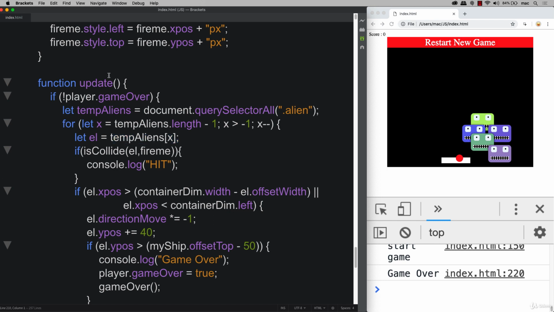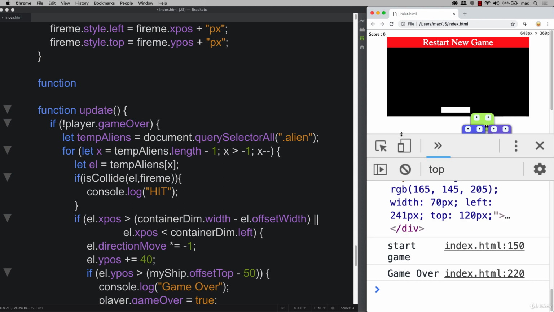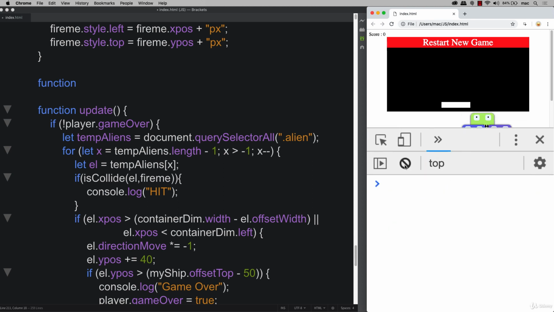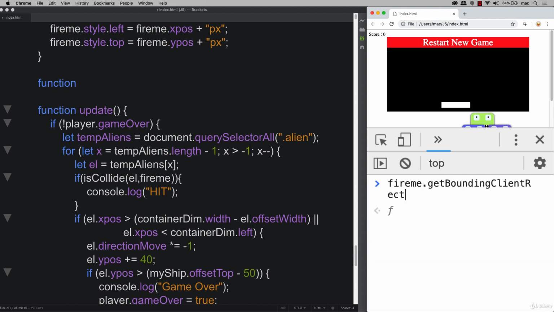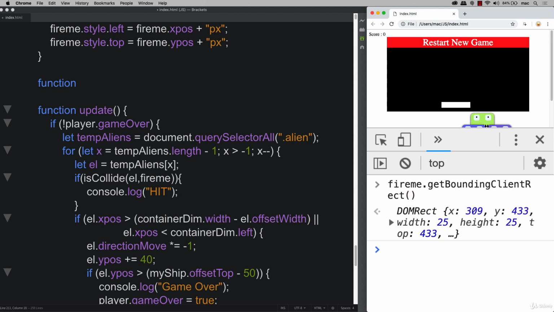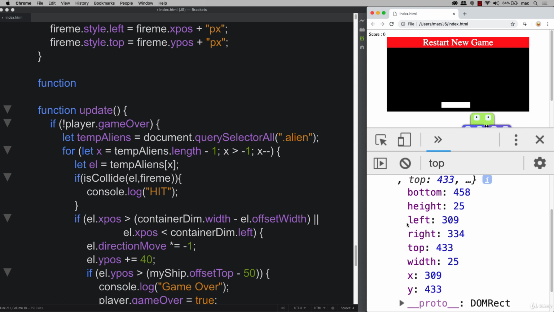So now let's add in our function for checking to see if a collision has taken place. And we're going to use that bounding client rect value that we saw earlier. So we've got our Fire Me object, and if we get the bounding client rect, using the same method where we got the positions of the container, we can see we've got a left position, a right position, a top position, and a bottom position. So if we check this element, and then we do the same thing for each one of the aliens as we're looping through,